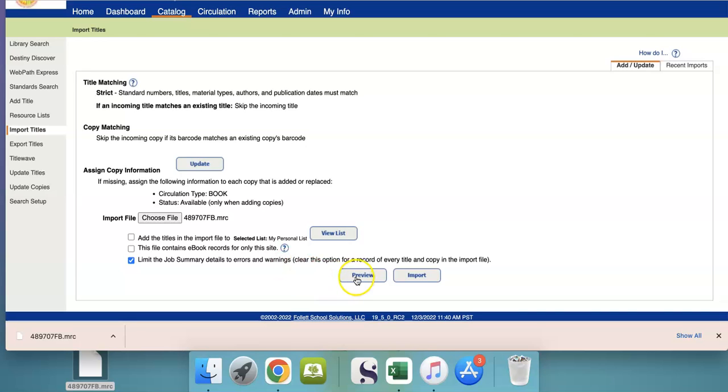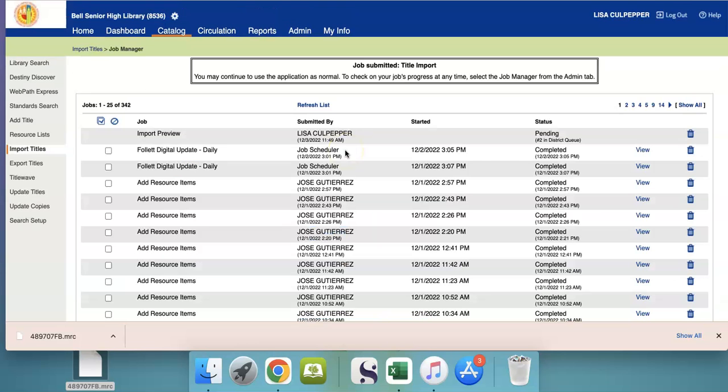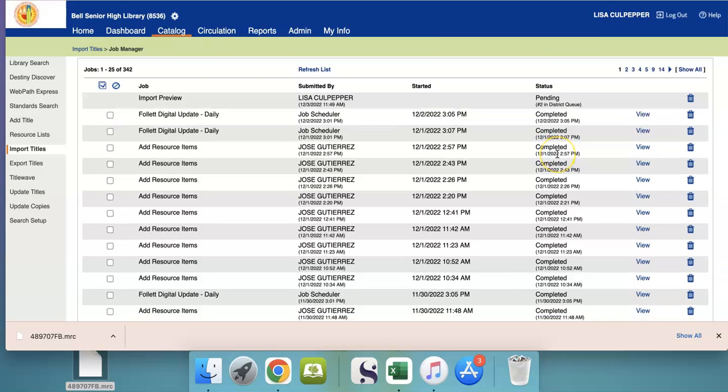Once you do that, I always suggest that we preview the order by creating a preview report. If you click on preview, it probably will not populate immediately, but it will take you to the job manager and put it in queue so that you have a chance to look at the report before you actually submit the report. So that is the second to last thing that you'll need to do. And then finally, you'll go back